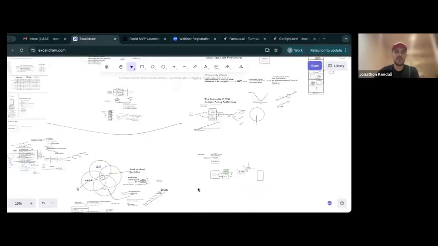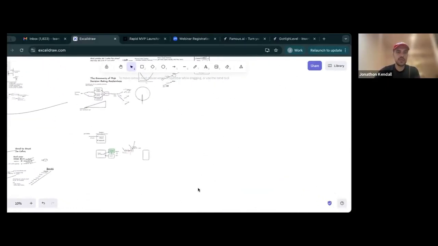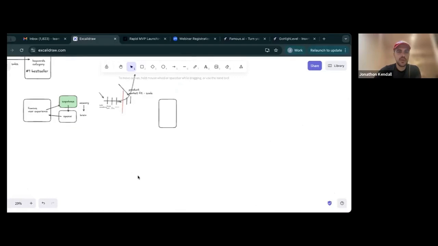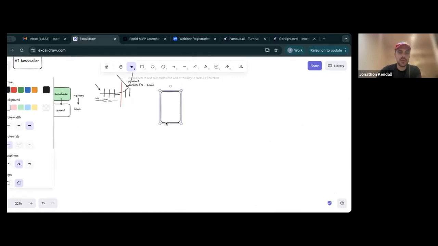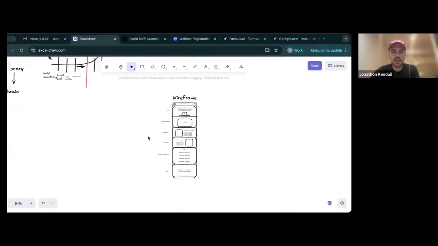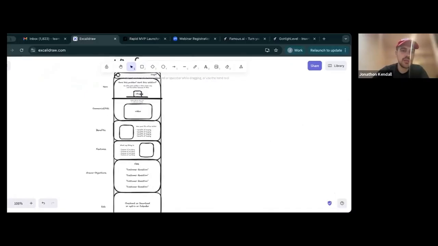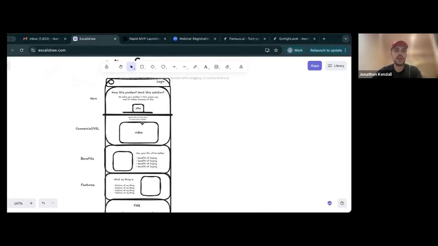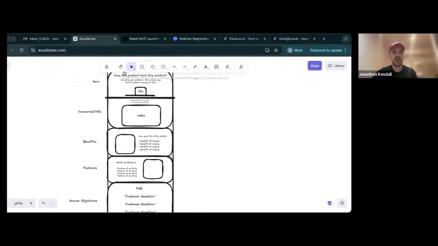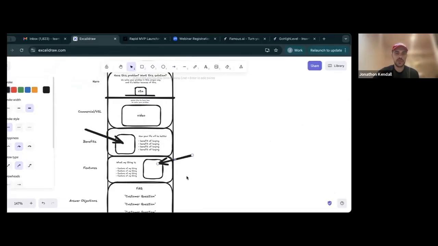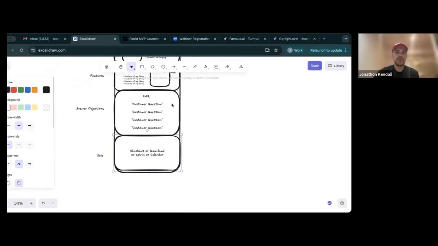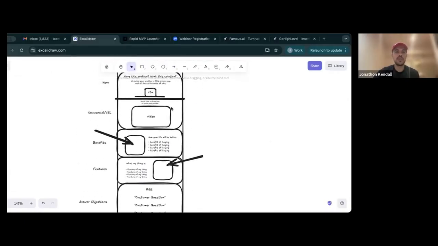And there's more advanced versions and you can add different things, whatever, it's no big deal. But at the end of the day, you're going to have this little landing page. And what do you need in a landing page? This is the basic version. You have a headline, a subheadline, you have a little video, which you can do with AI. You have a benefits section, you have a features section, and then usually in this checkout section, I'll also add a little image. So what are you missing from launching the idea?